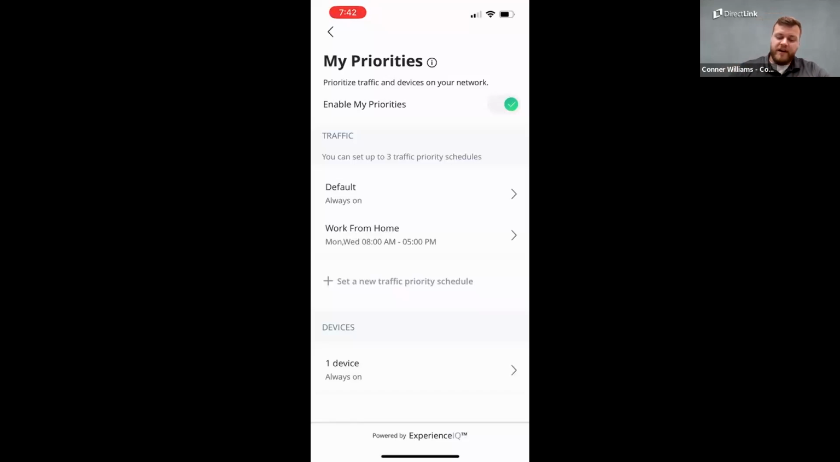So what the My Priorities tab does is it tells your network which devices need that priority bandwidth in the event of congestion. So just as an example, I've got it right here. I've got a work from home schedule. Let's say that I work from home on Monday and Wednesday from 8 a.m. to 5 p.m. What I've done here with this schedule is told my network that from the hours of 8 a.m. to 5 p.m., on Monday through Wednesday,